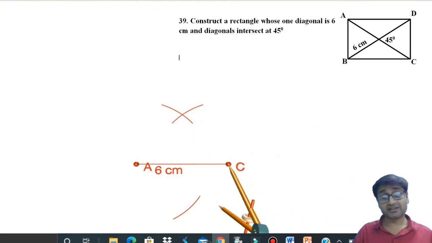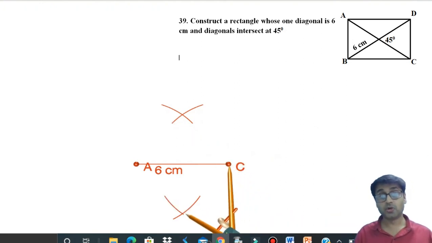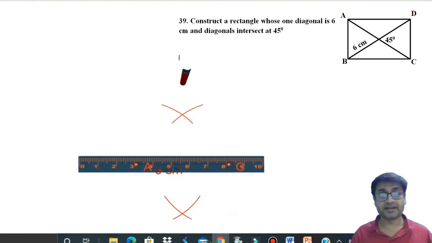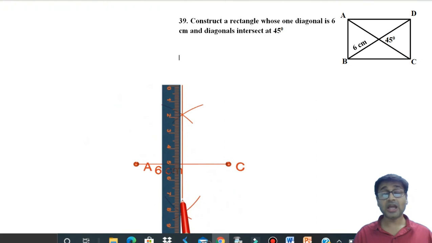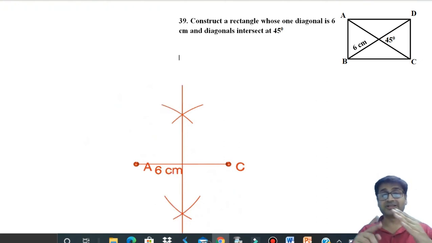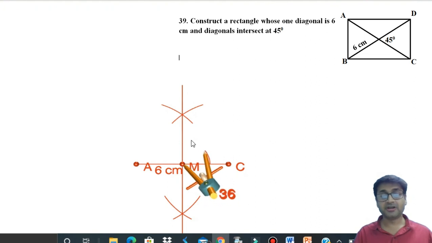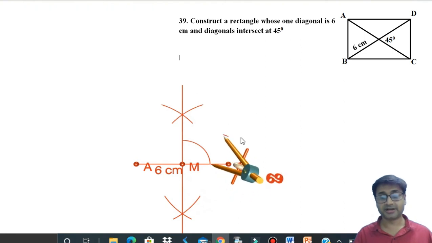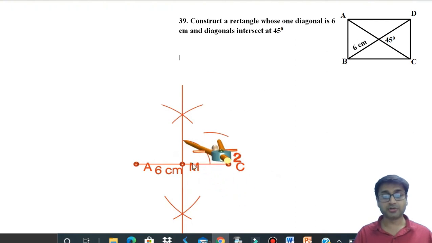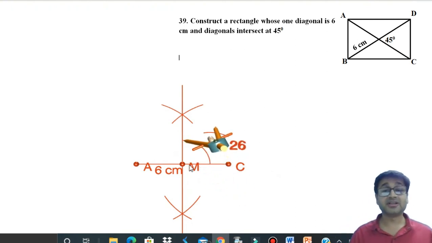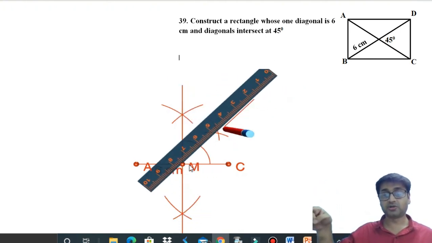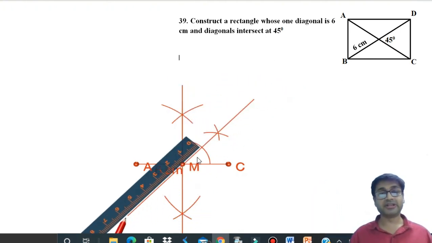Once you join, is that the line where your diagonal is? No, because here the diagonals are not at right angle. So let's first join these two. And now 45 degrees is the angle between the 2 diagonals. So from this point that you get the midpoint, draw a 45 degree angle. So 90 is already ready made. So I'm just getting this arc. And then 0 and 90 I will bisect. So keep your compass here, cut an arc. Then keep your compass here, cut another arc. Join this point of intersection with M. What you get is 45 degrees straight away, right up over there. So come on, join the 2 lines and you've got your 45 degrees right over here.